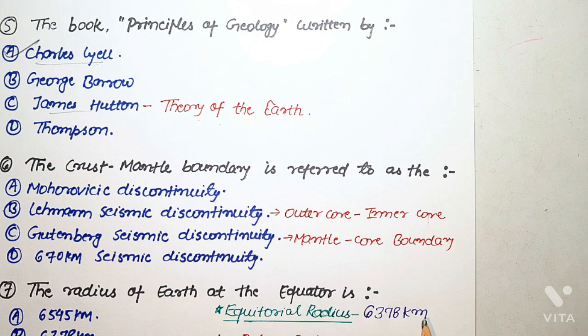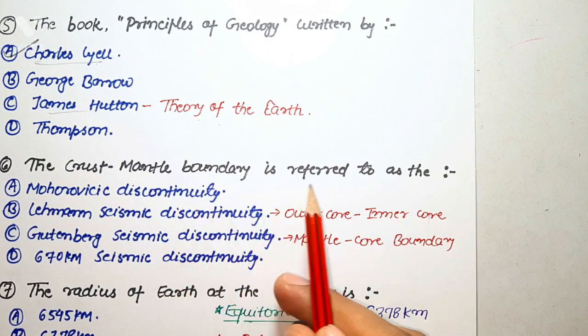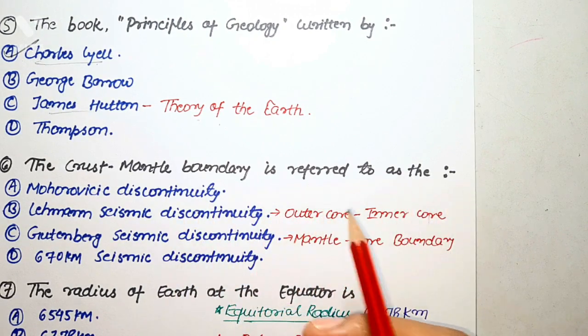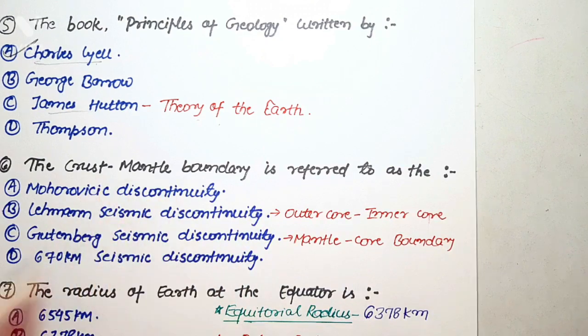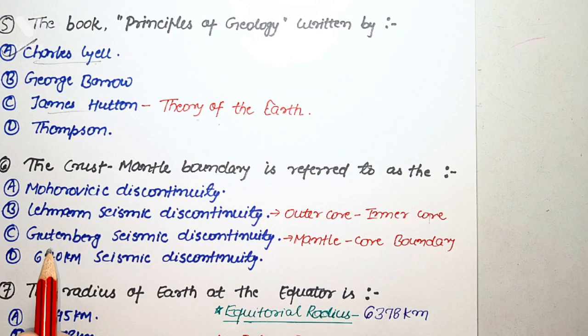So, as far as the Principles of Geology is concerned, this book is written by Charles Lyell. Next question says, the crust-mantle boundary is referred to as the. As you all know, the crust-mantle boundary is known as Mohorovičić discontinuity, and its average depth is approximately